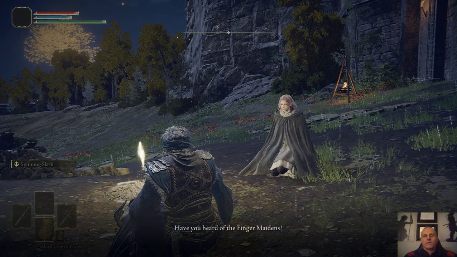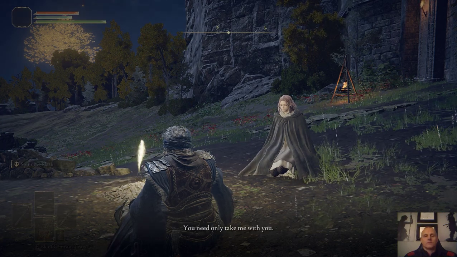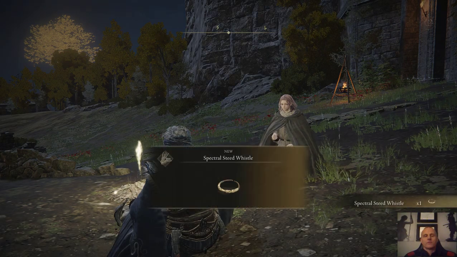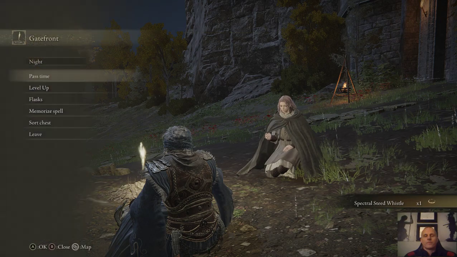Have you heard of the Yes, but yes, I can yes. put turning runes to aid you. You need only to the foot. Then it's settled. Summon me. She's going to give me a I horse. bequeath to you. Horse. Use it. It will summon Torrent. Treat him with...